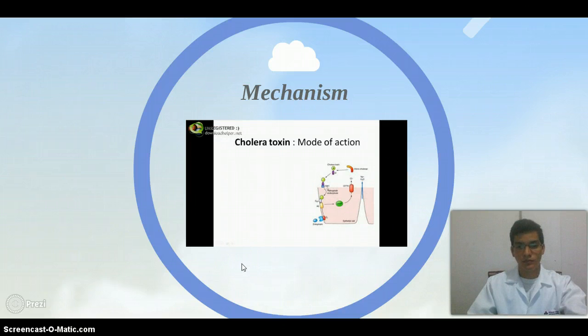Then after the entrance of the A subunit, it changes the cell signaling procedure inside, the cell signaling using the G protein. Now the G protein can be cleaved here. After that, it increases the cyclic AMP concentration, then it allows the release of water and sodium ion outside as well as the chloride ions. So let's look at it in the